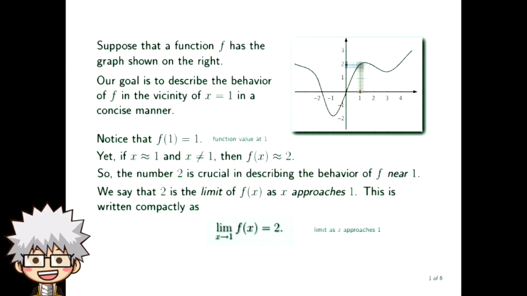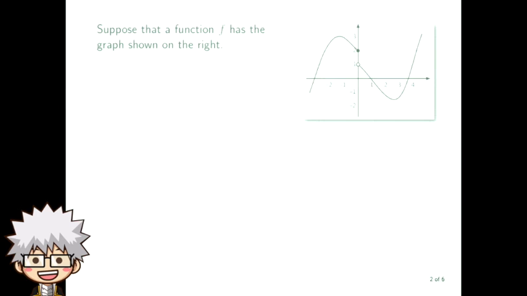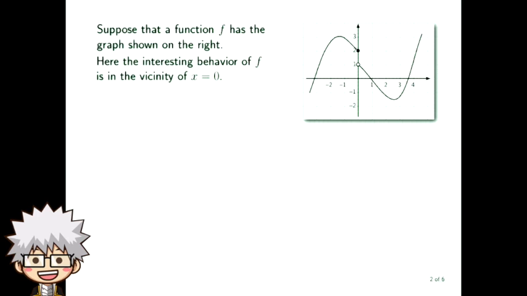Let's look at another example. Again, suppose that f is the function whose graph is shown on the right. Here the interesting behavior of the function is in the vicinity of x equals 0. Let's first notice that the value f of 0 is equal to 2. If x is close to and less than 0, then f of x is close to 2. In fact, the closer x is to 0, while x is less than 0, the closer f of x is